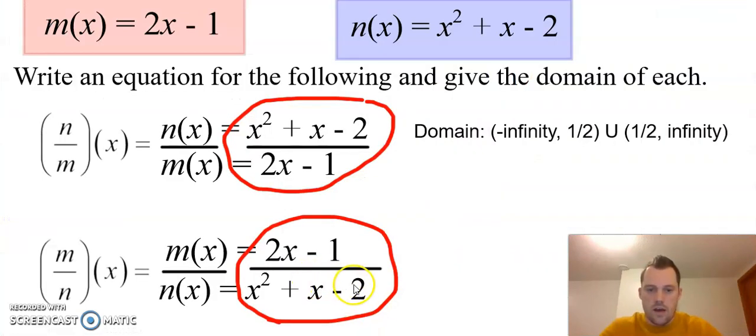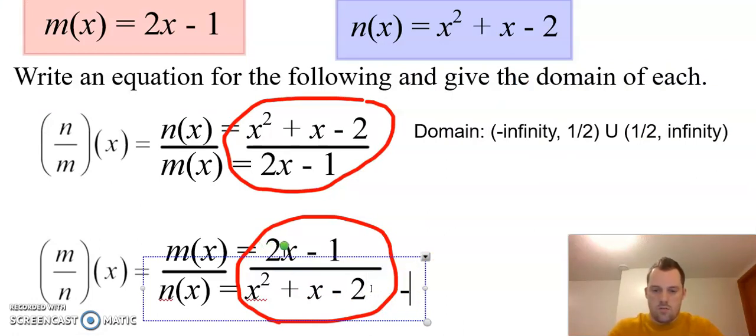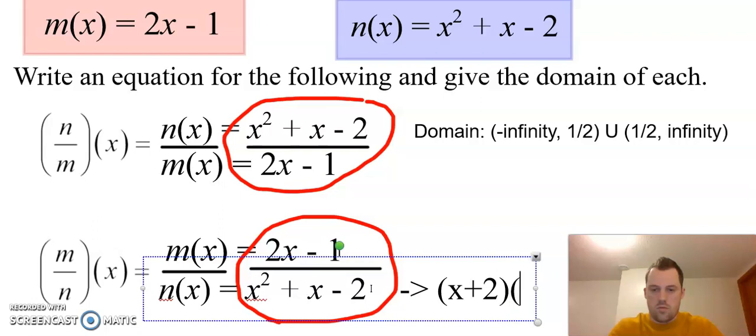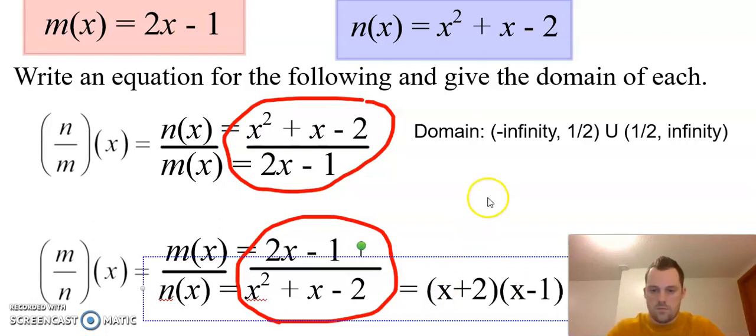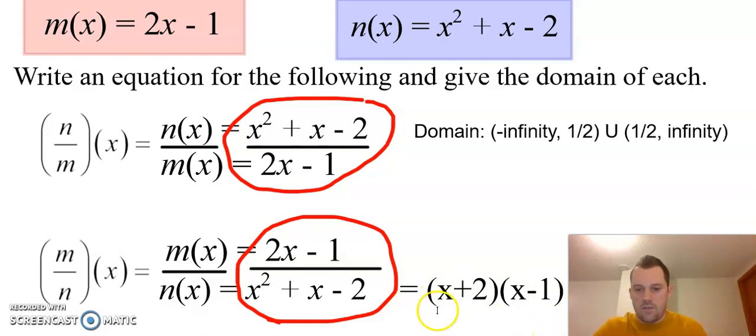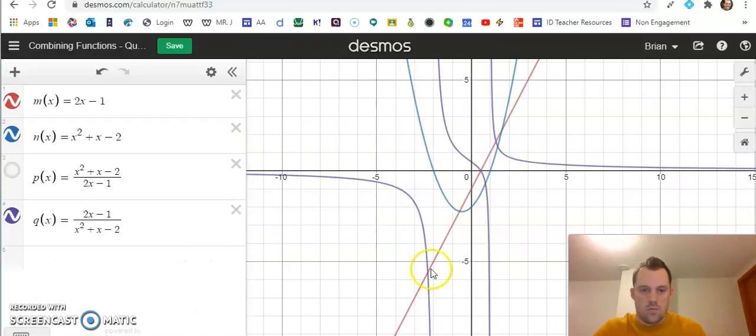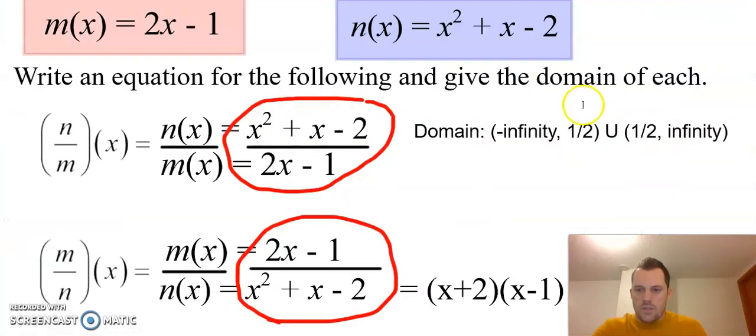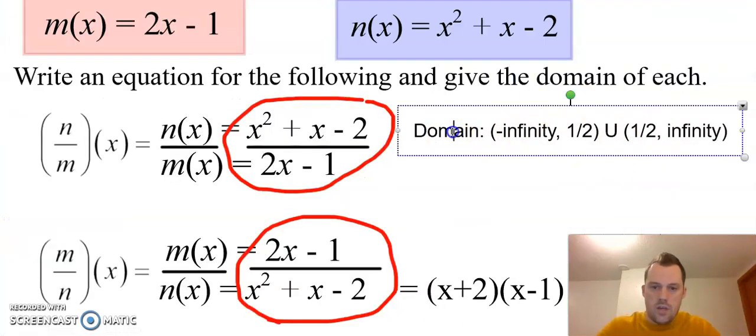Because if we break this down, our denominator, this actually becomes, we could factor this into x plus 2 times x minus 1. Right, so we have those asymptotes at -2 and +1, right? -2 here and +1. So our domain is going to be similar to what we had up here,